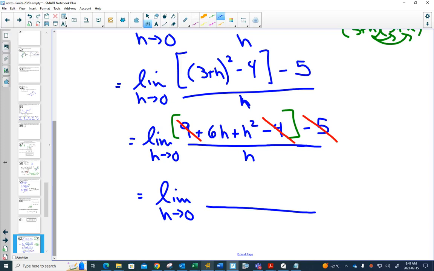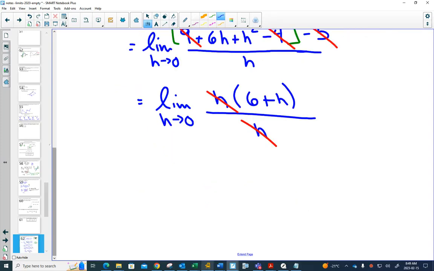And now on the top, you can factor out an h, leaving you 6 plus h on the top, h on the bottom. And this is our goal. Just like every limit, we want that non-permissible value to cancel out. Once that non-permissible value cancels out, then you can actually apply the limit. You can plug in 0 for h,